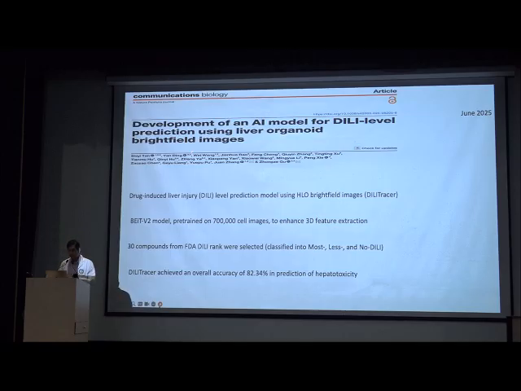Now, a bright field image is a very simple image. You have a slide, and there's a light source which passes through it. The part which passes through it is obviously darker, and where there is no substance, it becomes lighter in shade. So what they did was they used this bright field image on a liver organoid. They exposed the drug on the liver organoid, and from there they made a model, the BEAT V2 model, which was already pre-trained on 700,000 cell images. So once they did that, they could actually get 82% prediction of hepatotoxicity